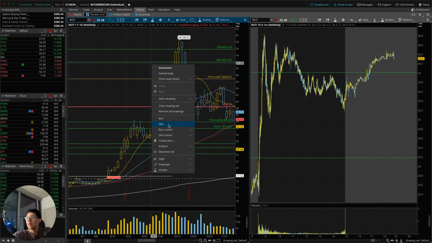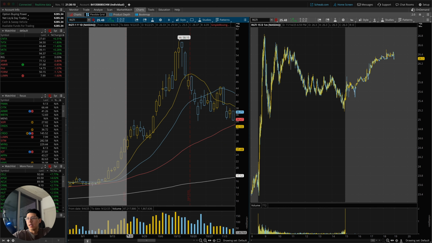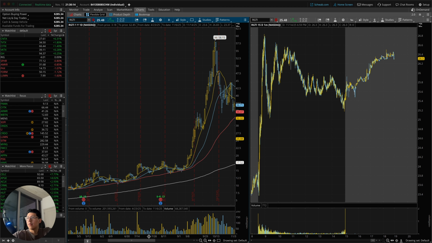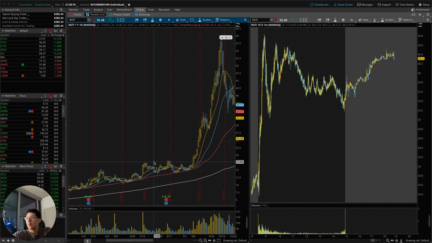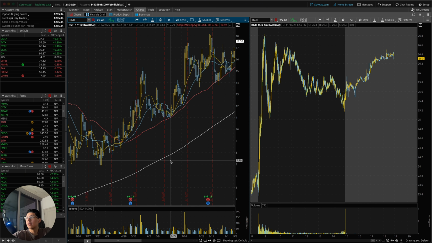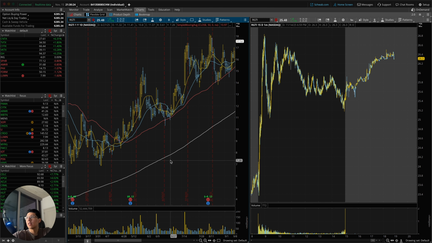So now let me delete all of this. Clear draw set. So this is exactly what I look for. I'm going to show you the exact same kind of stocks that I'm going to be looking for on Monday to trade. When I traded this stock, the company looked like this right before I entered. This was my exact vision when I saw this stock.